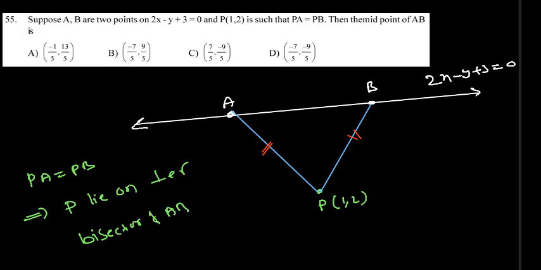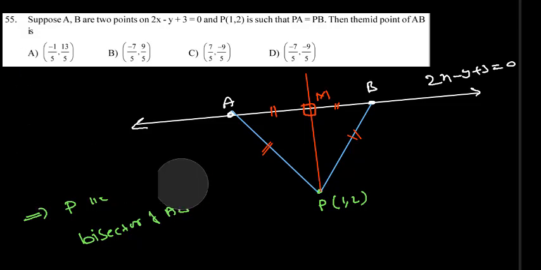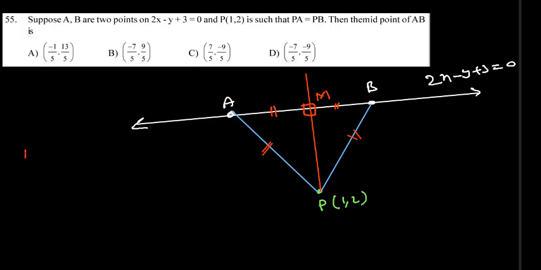For example, students listen. This is a perpendicular bisector of AB, perpendicular and also bisector. So, for example, M is the midpoint. Now, what can I say? M is the required point. M is the midpoint of AB. How can you find it, which is on the perpendicular bisector of AB? In other words, I can say that M is the foot of P. M is the foot of P. So, by using the foot concept, I can find M. Okay? Yes. I will write that midpoint of AB equal to M, which is equal to the foot of perpendicular.